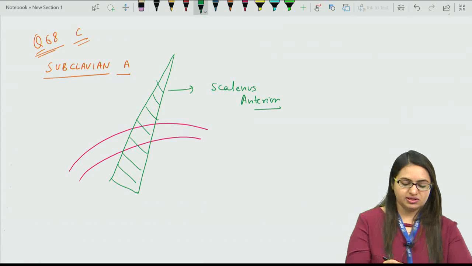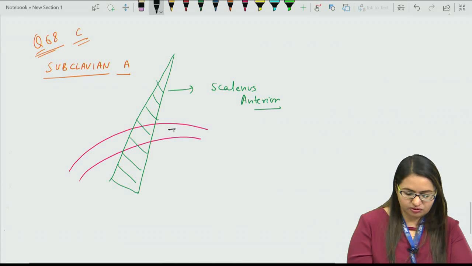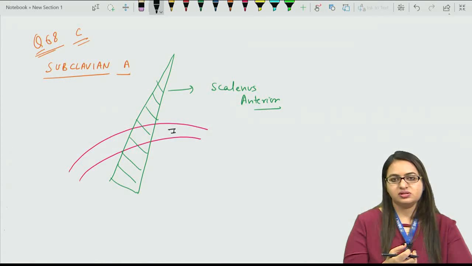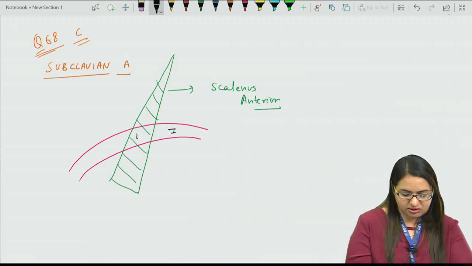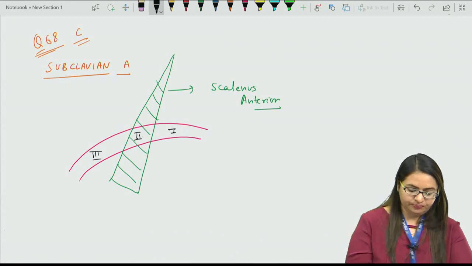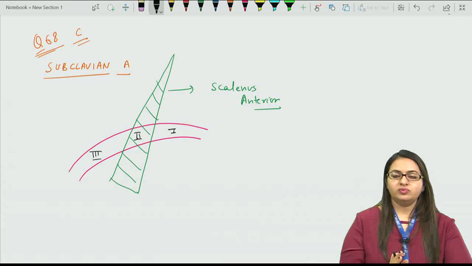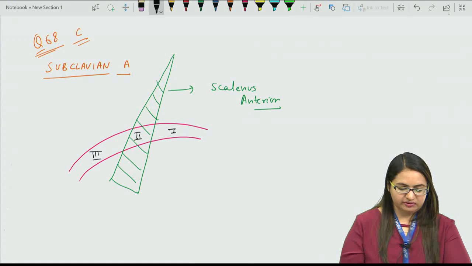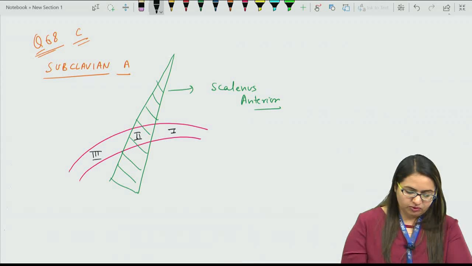The scalenus anterior muscle divides the subclavian artery into three portions. The one which is medial to it is the first, the portion which is deep to it is the second, and the distal portion is the third. Now the branches which are given from these respective portions of the subclavian artery are, from the first part,